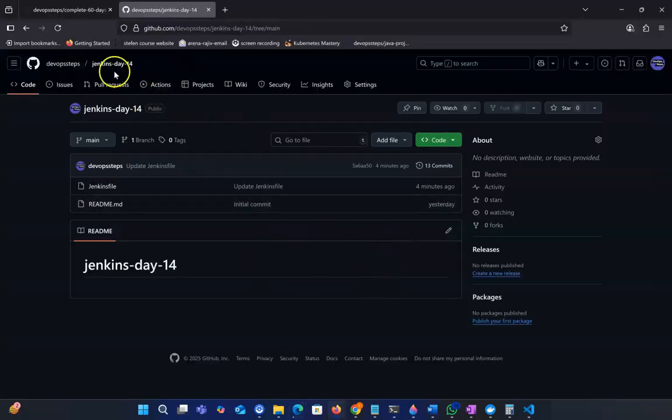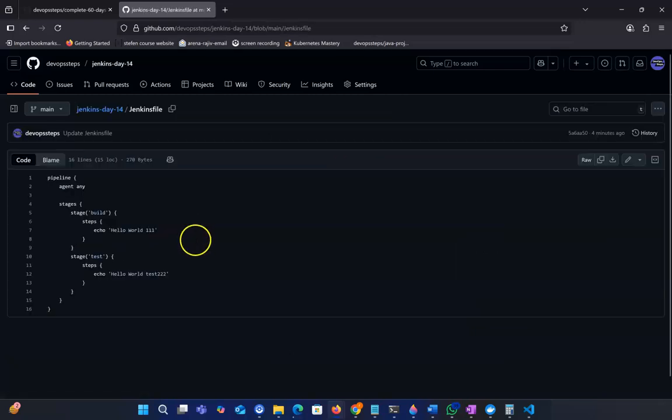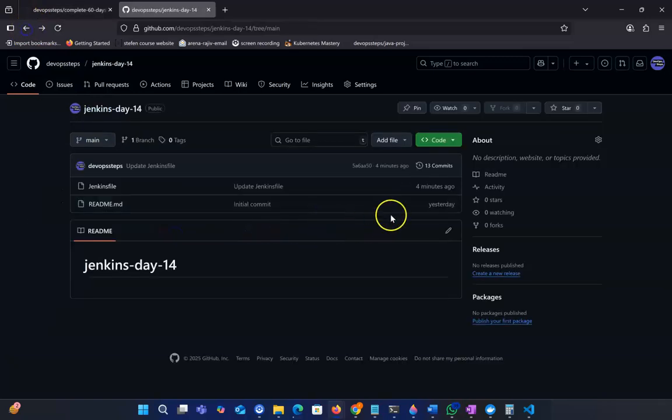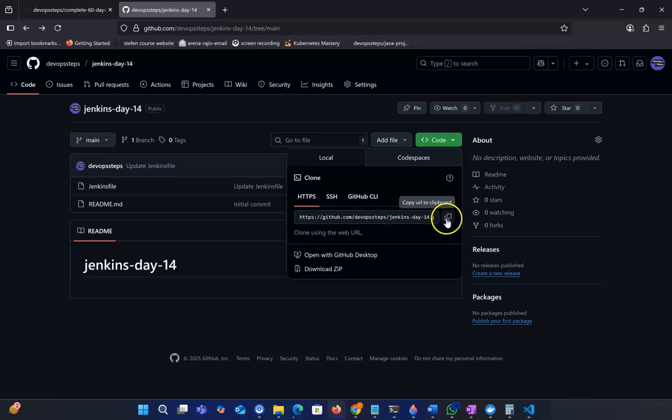So let me go there. This is our dev4 class Git repository, where we did this in the class. Okay, so let me check the Jenkins file. You can see the same Jenkins code is there. So now let me create a pipeline with this code. For that we need the Git repo. So let me copy that one and go to the